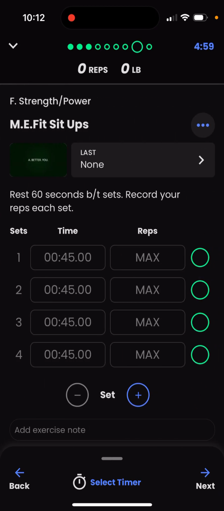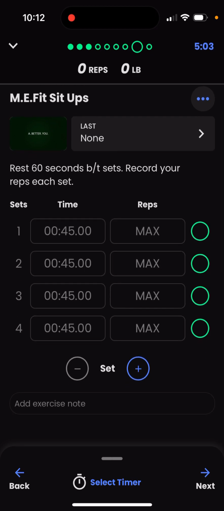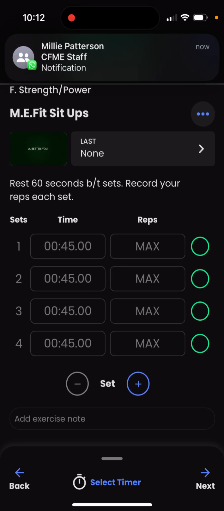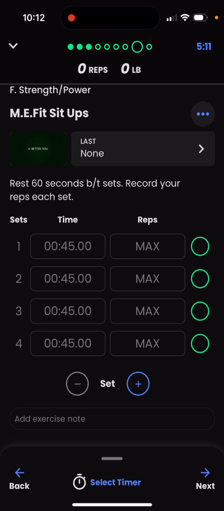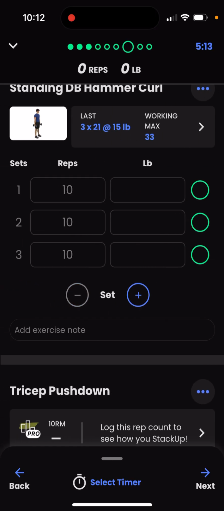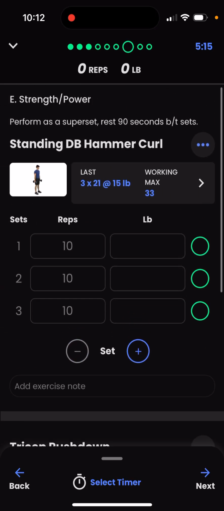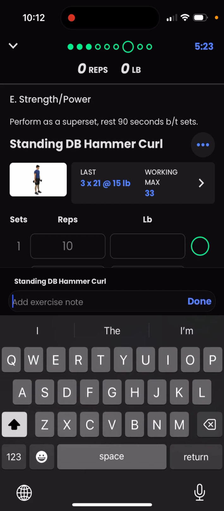Now, when we finish that, say we finish our last section, one thing I want to note that I didn't mention earlier is that you see these add exercise note. Under exercise note, this is something I would put in as an additional piece. For example, say I'm doing a standing dumbbell hammer curl and I did 20 pounds. Well, maybe the 20 pounds by the 3rd set just wasn't as hard as I thought it could be. I might in the notes put,